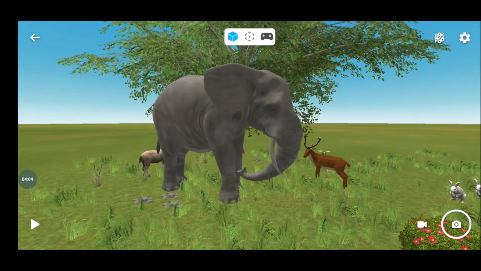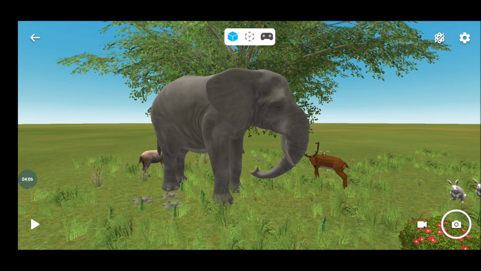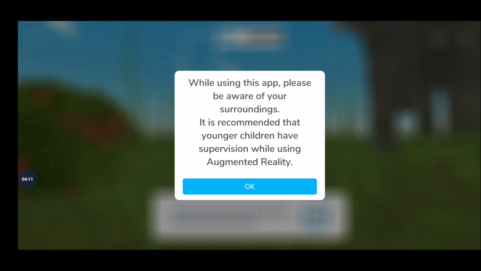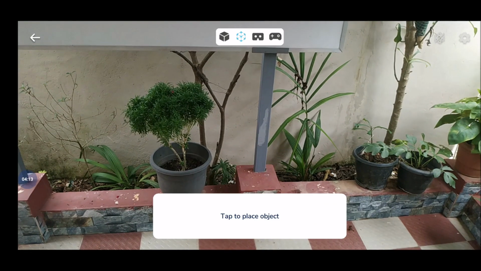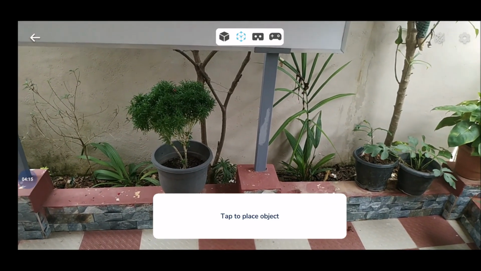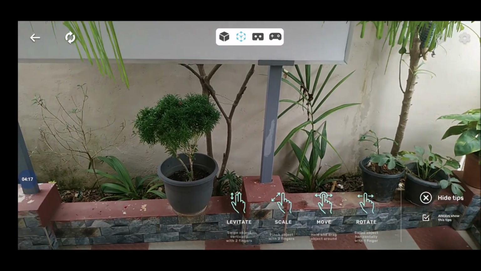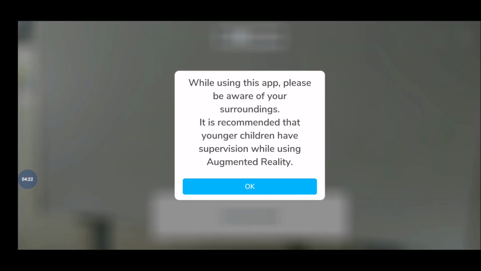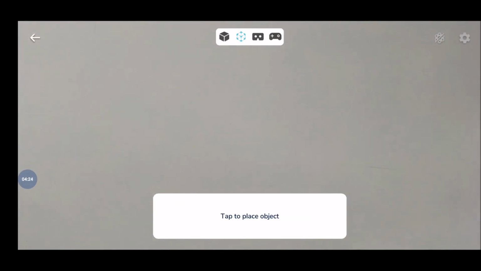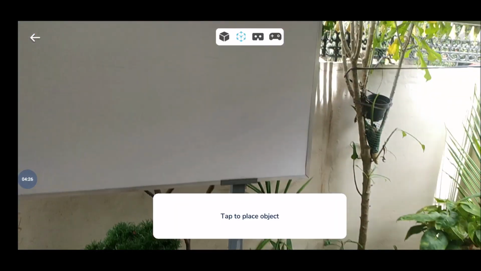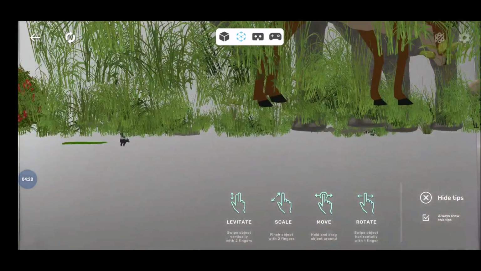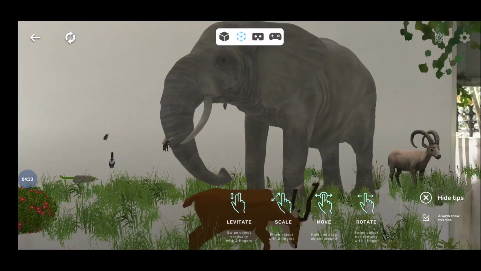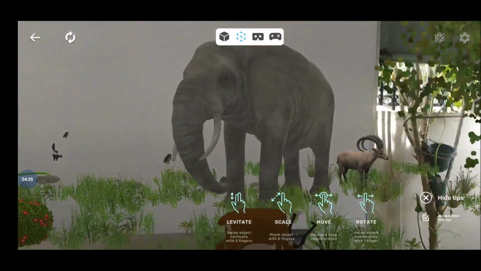The blue button, 3 options are there. Game mode is there. First one is 3D mode. Second one is AR mode. When we press the AR mode on the top, just look at here. It is the 3D mode. The second one is the AR mode. So it will give the opportunity to view the concept in 3D mode. We can explain all the concept like the same.